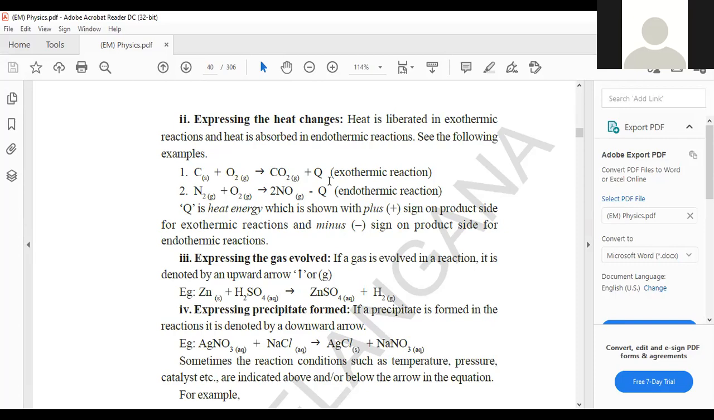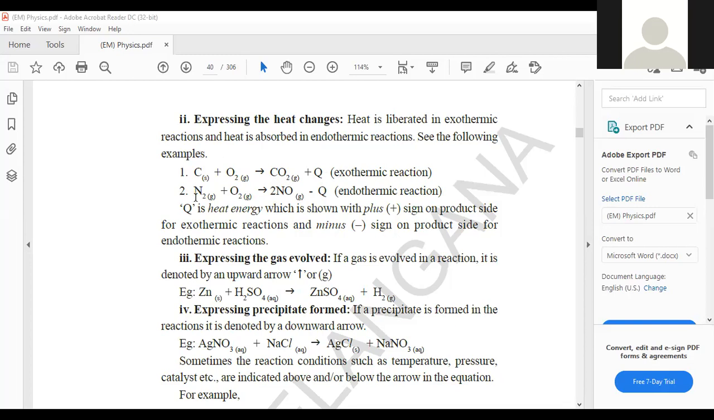Now let us see how it is represented. Carbon on combustion gives rise to carbon dioxide. Carbon on reaction with oxygen gives rise to carbon dioxide. In this reaction, heat is coming out. Heat is evolved in the reaction, that is called exothermic reaction, right? Nitrogen plus oxygen, there is a formation of nitrogen dioxide, right? That carbon plus oxygen gives rise to carbon dioxide, and heat is liberated within the reaction, which is called